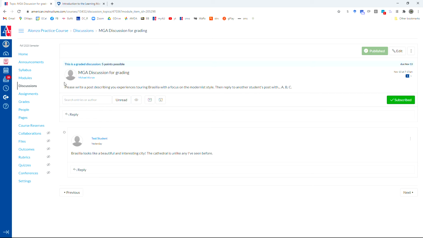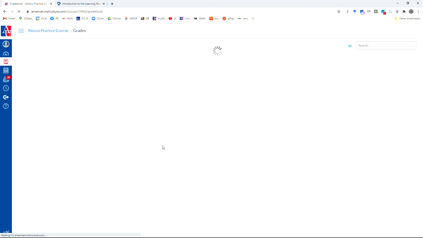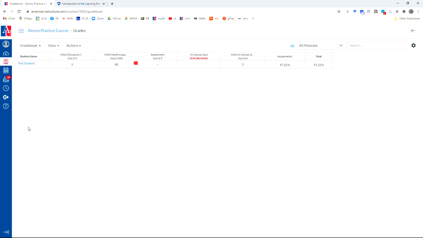So I have graded each of these using the SpeedGrader functionality, which I believe someone else will be talking about. But then if I want to see how my students are doing, I go over and look at the gradebook. By default, I'm coming into the gradebook view, which is going to look familiar from Blackboard and show all of the students organized by student first or last name. I'm not sure because I only have one student,